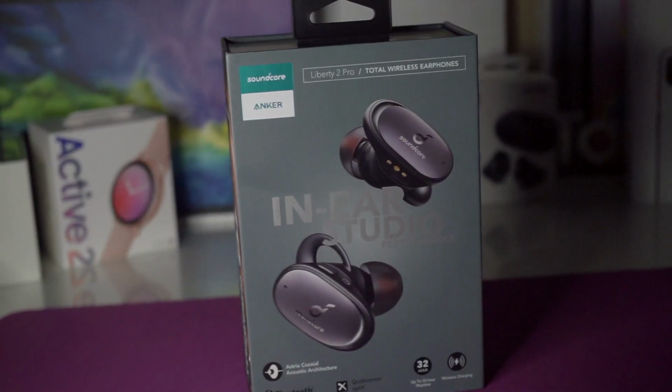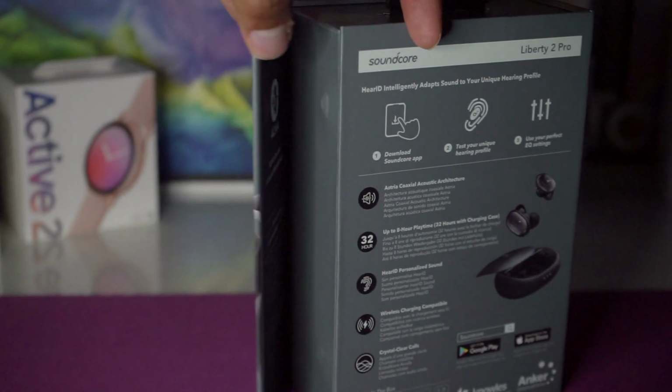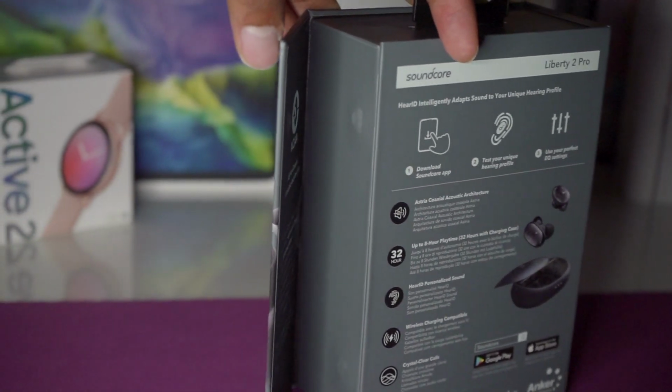And then the next pro that I have for these is actually the battery life. Now, the battery life is 8 hours of playtime, and then 32 hours in total when you put it back in the case and recharge. Yeah, you won't have any problem getting through a whole day. And 8 hours is like a whole shift of work. So if you're working 9 to 5, and you're allowed to listen to music the whole time, then